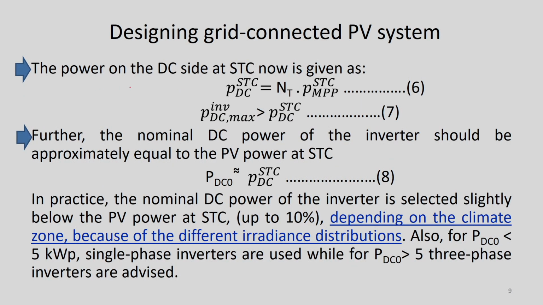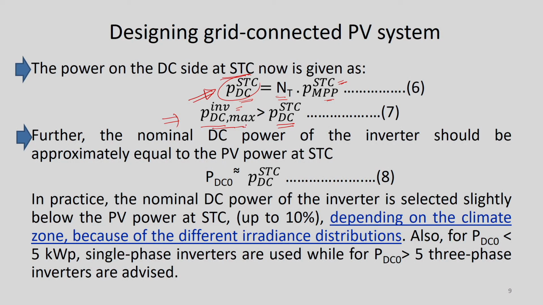So, the power on the DC side at standard test condition is given by something like this. Under test condition it will be equal to NT into P MPP, maximum power point in STC. So, what is the condition? PDC maximum of the inverter has to be greater than PDC at STC. Once we know this value, we must know this value has to be less than this P inverter